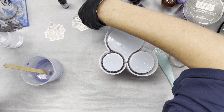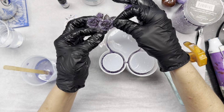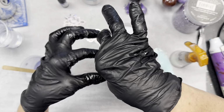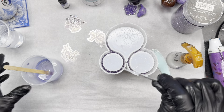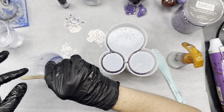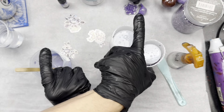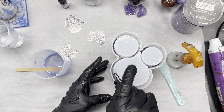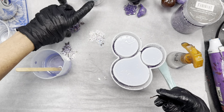All right, so we're gonna start with, I got two big ones, and I kind of like them this way, so I'm gonna put them in upside down like this. I am going to dip them in my resin before I put them in. And I also wanted to spray with alcohol, but I forgot. All right, so this one here, I'm gonna turn this. This is gonna go on one side, like that. And then the other one,